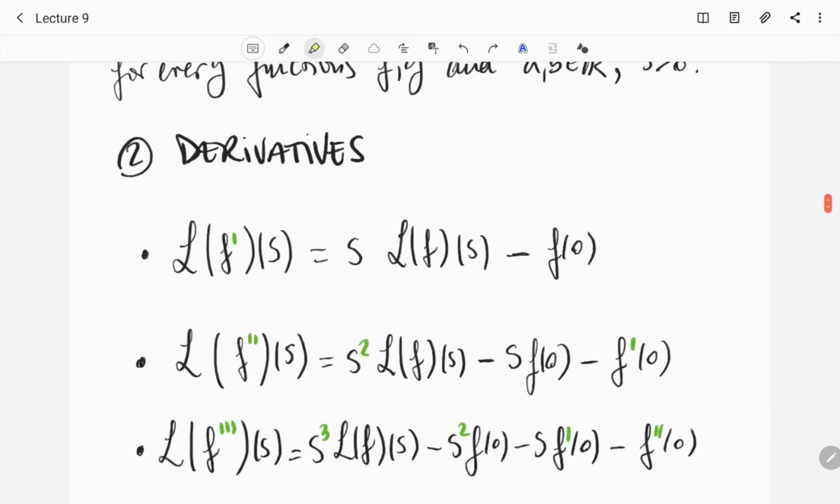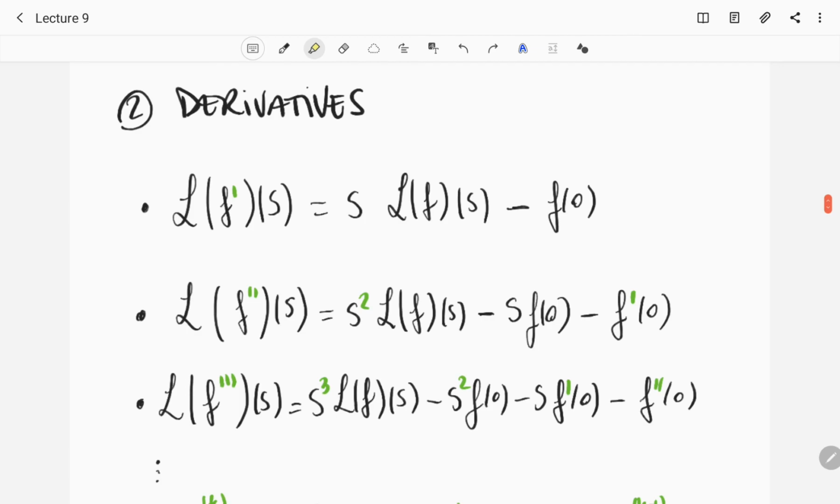Then how this Laplace transform works with derivatives of a function. And you can prove all this by integration by parts, but we are not going to prove it, just mention the properties. If we have the derivative of a function f, then the Laplace transform of this function is equal to s times the Laplace transform of the original function, not the derivative, minus f at 0. If we have the second derivative of the function, then we have an s squared here,